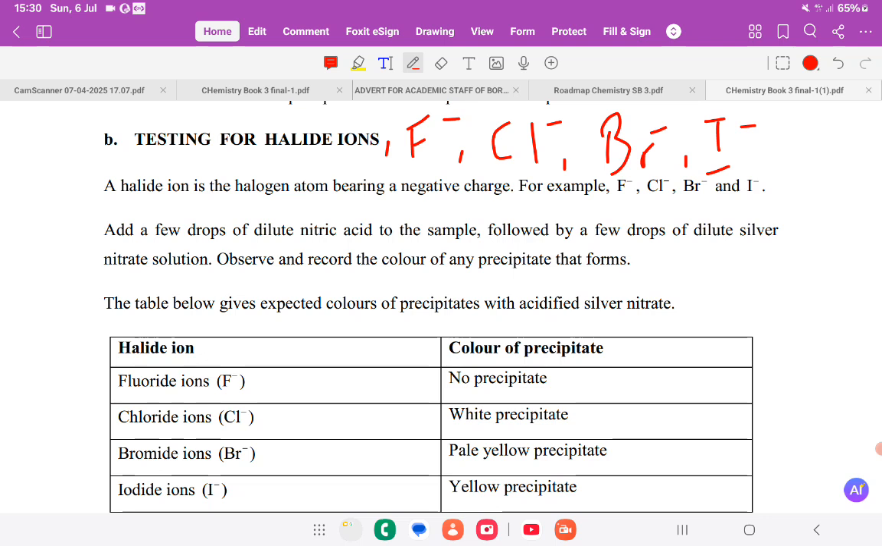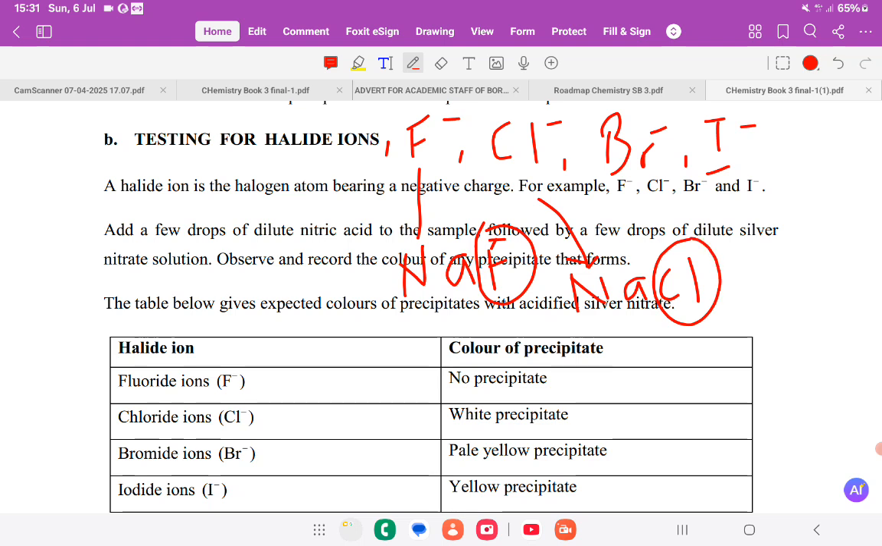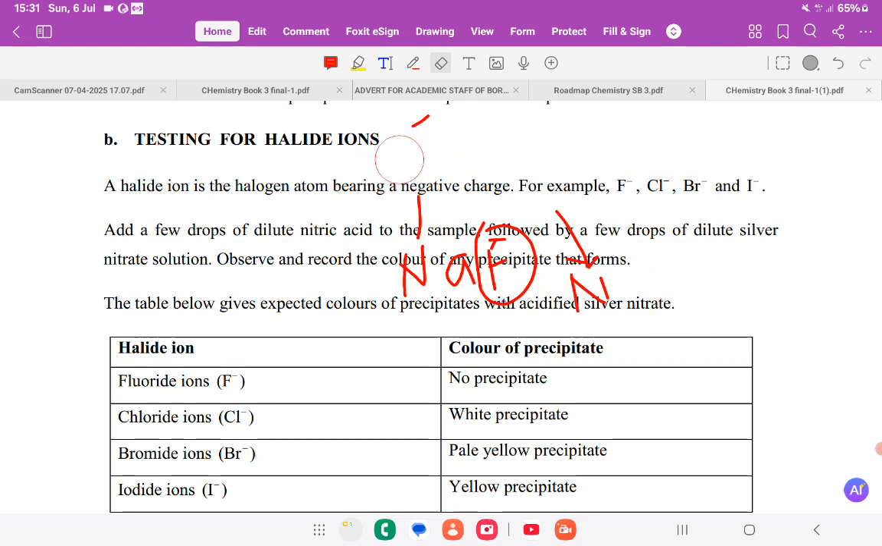These are found in substances such as sodium fluoride, for example. So this part is a halide. Sodium chloride, which is common salt, also contains a halide, which is called the chloride ion, and so on. So in order to tell that these, or any one of them, is present in a solution,